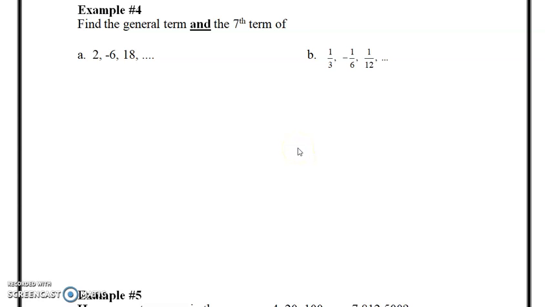Hi everybody, welcome back. This is our second video for 1.3 geometric sequence. We're starting off at example 4. We left off example 3 the other day, and this is on page 15 of your booklet. Right now we're going to do 4a and b, and